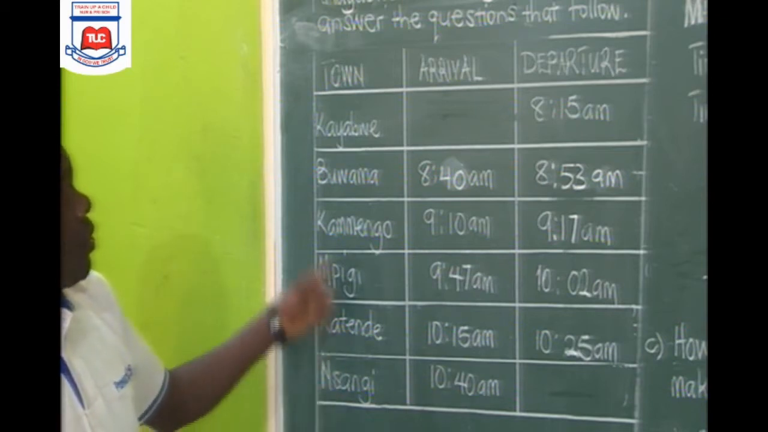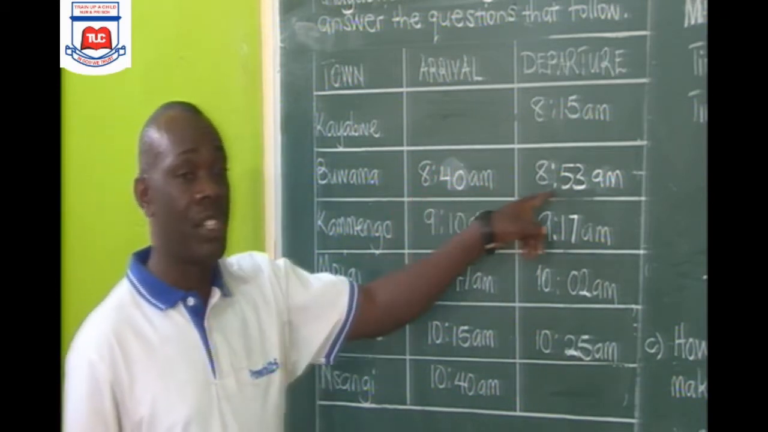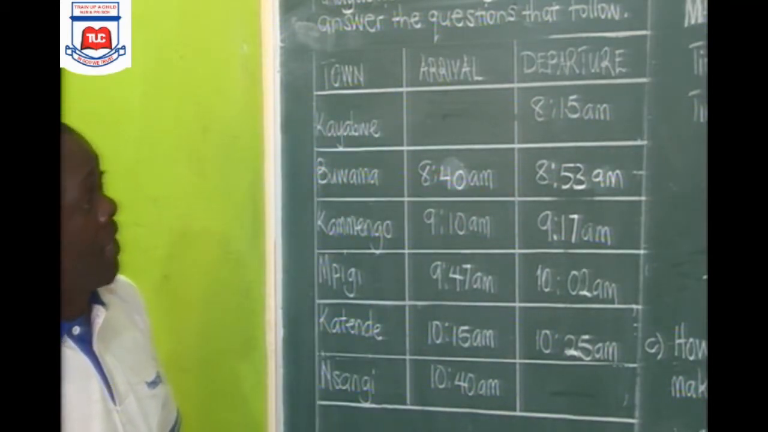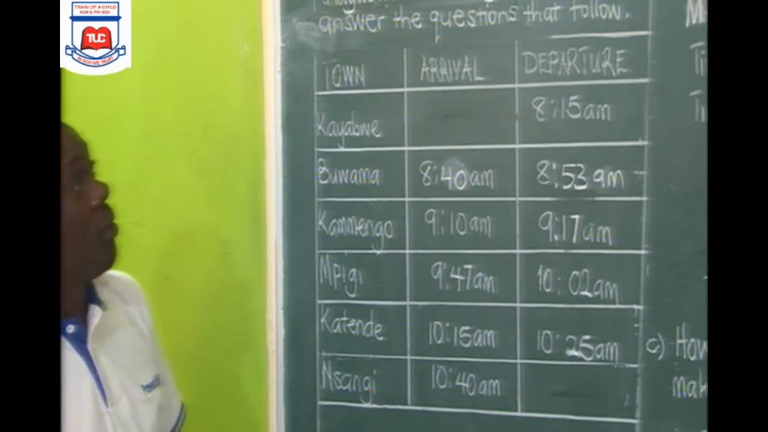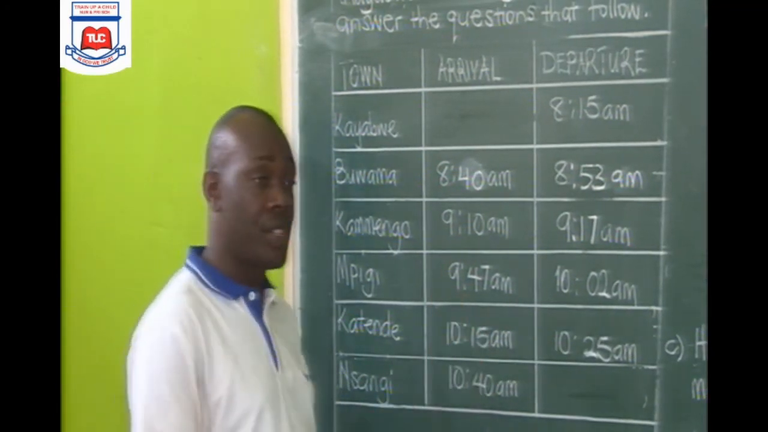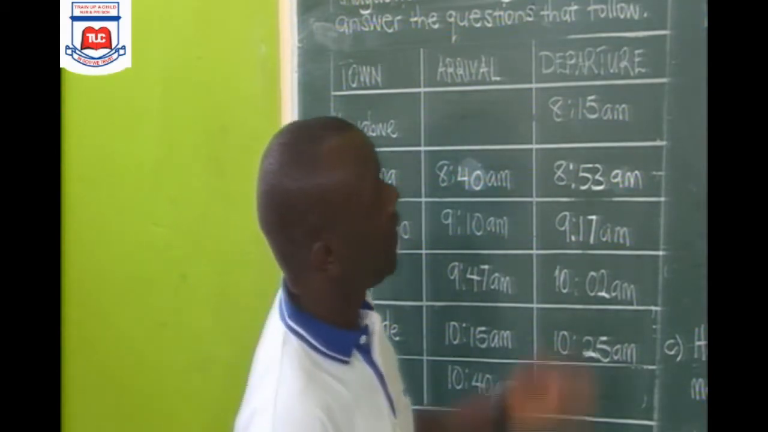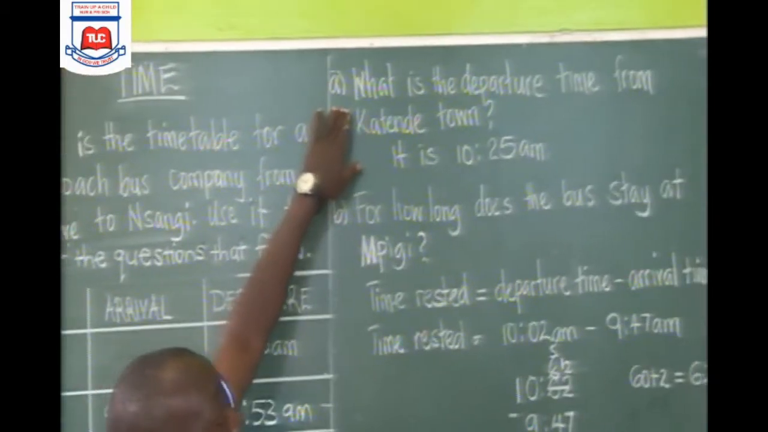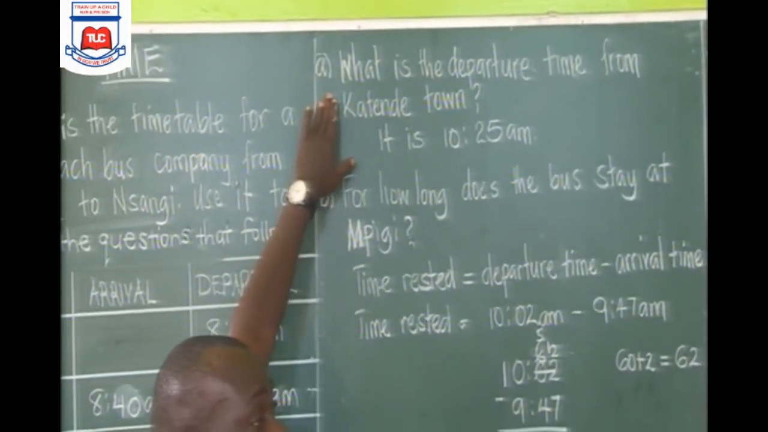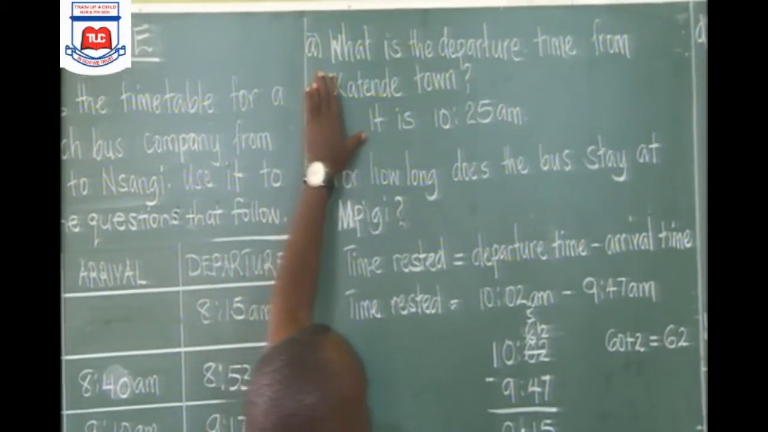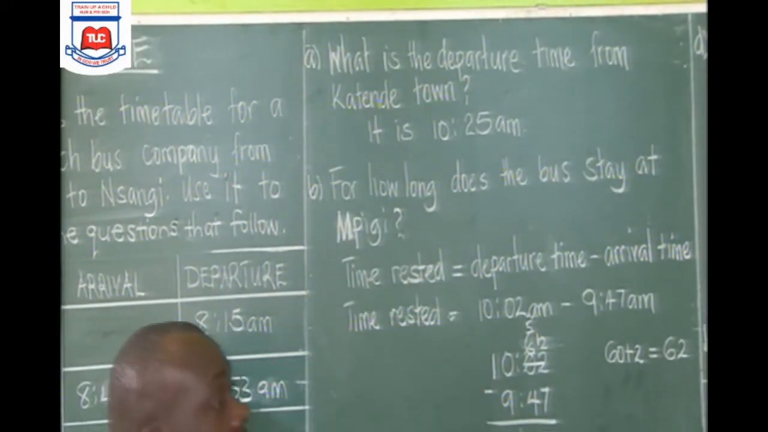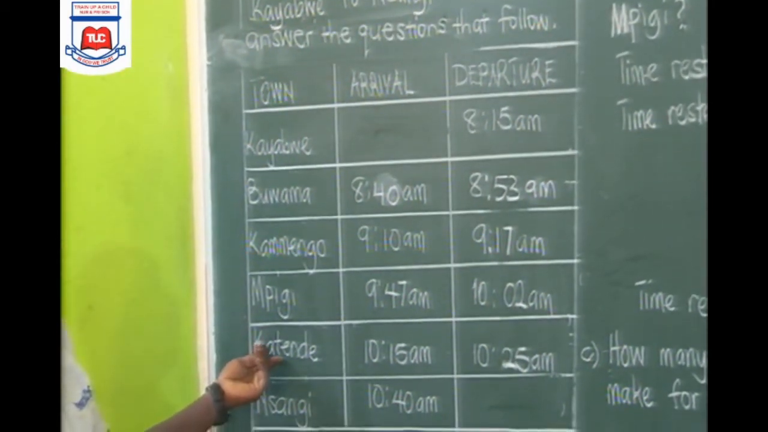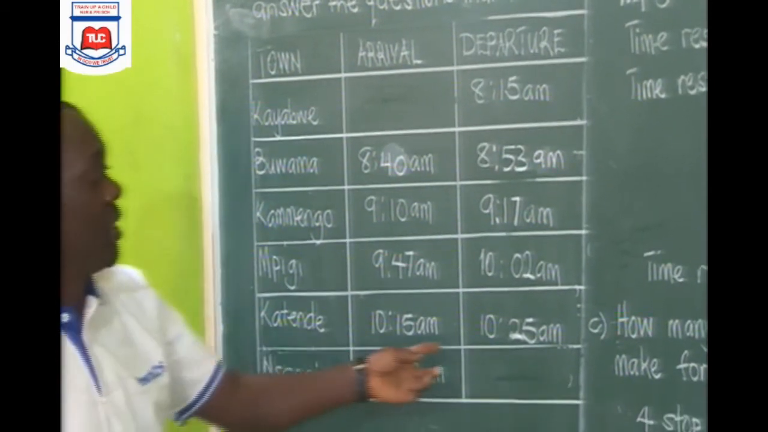So wherever you see two different times of arrival and departure, you just know there was a stopover at that very place. Then that's when one goes ahead to read the questions, having studied well, and then answers accordingly. So question A, or part A of question number 1 reads, what is the departure time from Katende town? You go back to the said Katende town and look out for the departure time, which is actually